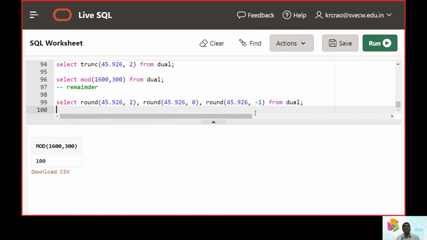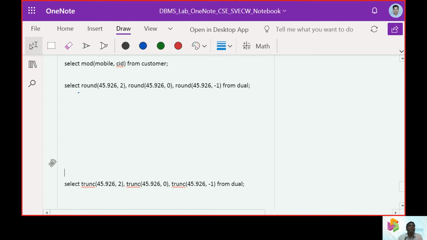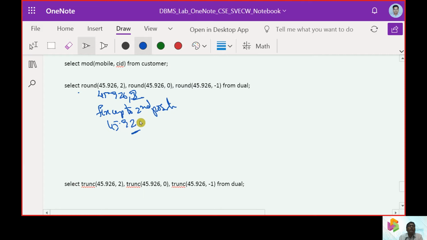Now it is our turn to understand this case. As mentioned, 45.926 comma 3, or 45.926 comma 2, so it fixes up to the second position. That means 45.92. But I have a 6 which was greater than 5.